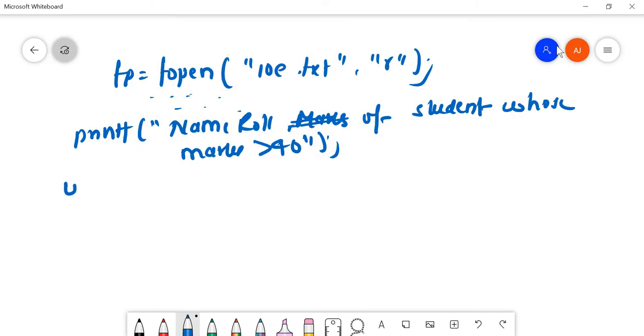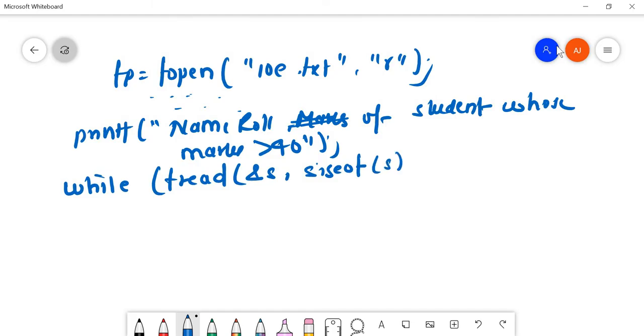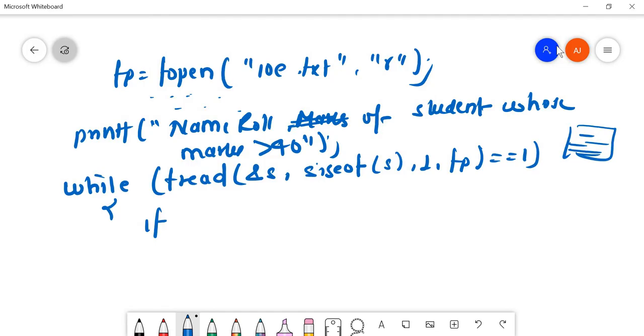So I'll use a condition, that is while fread, address of structure, size of structure, 1, fp is equal to 1. That is, while we are able to read the content of file, I'm going to print it.